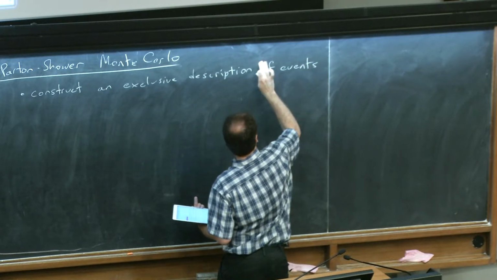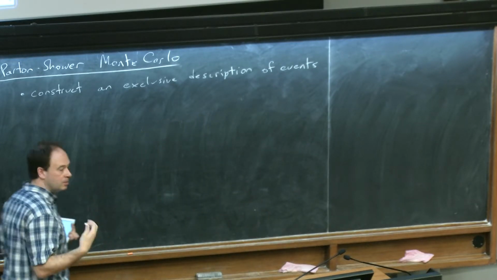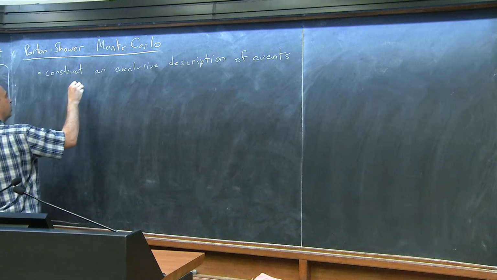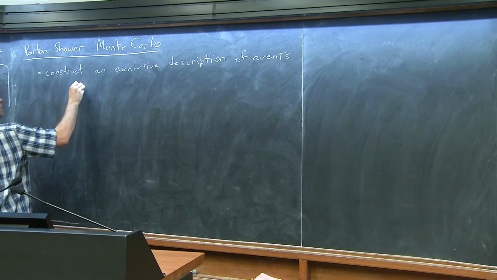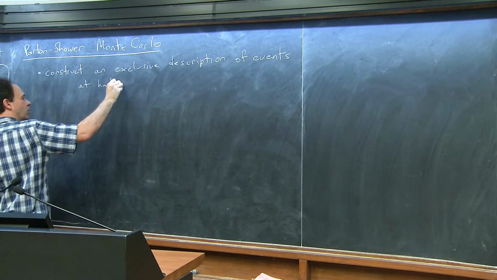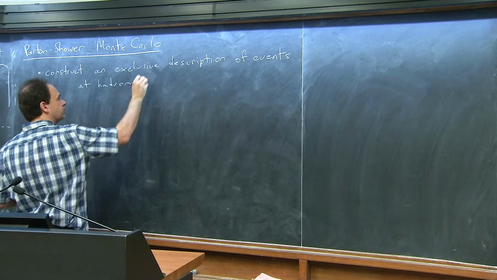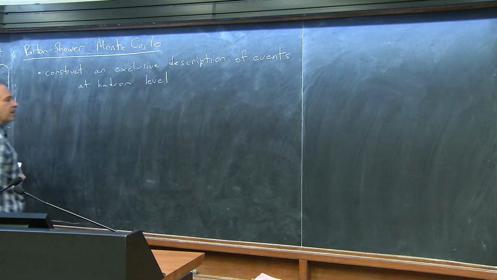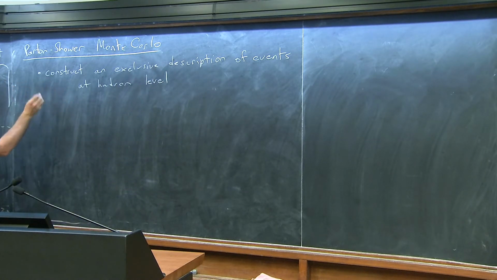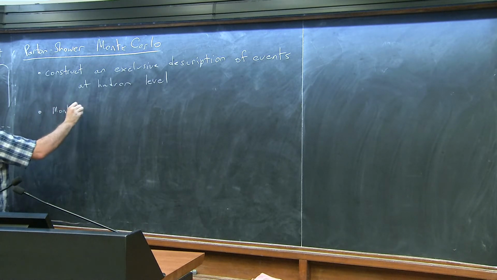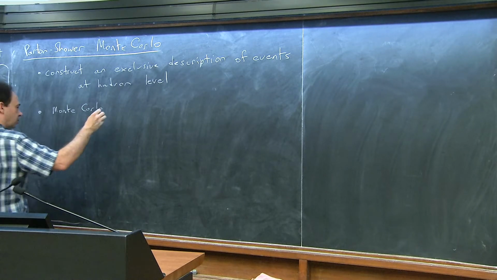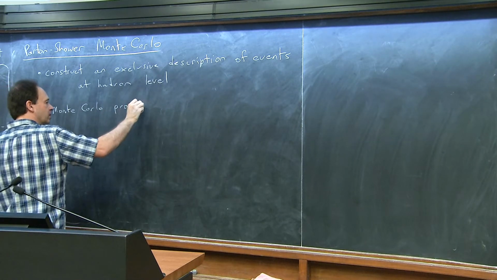And not only does it do this whole showering of the quarks and the gluons, but it also gives hadron level predictions because we incorporate some hadronization model. If we really need that, then there's sort of no choice but to do a parton shower. And so what exactly is it? It's a Monte Carlo program, meaning probabilistic program,